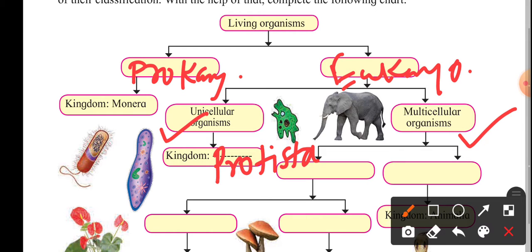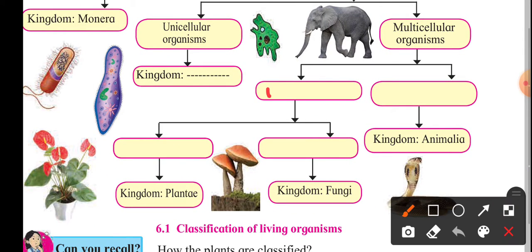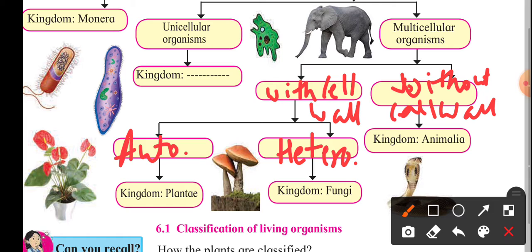Then afterward, when we talk about the multicellular organisms, they are further classified in two different categories. The one is with cell wall, and the other one is without cell wall. Now, when we talk about the with cell wall, it's further classified as the autotrophs and the heterotrophs. Here also I'm writing in short, you can write it in full. Autotrophs are further classified as the kingdom Plantae, and the heterotrophs are further classified as the kingdom Fungi. And on the other hand, when we talk about the without cell wall, in that we have the